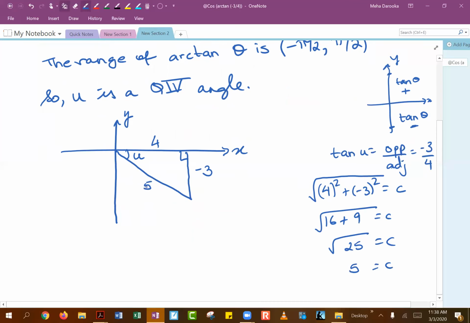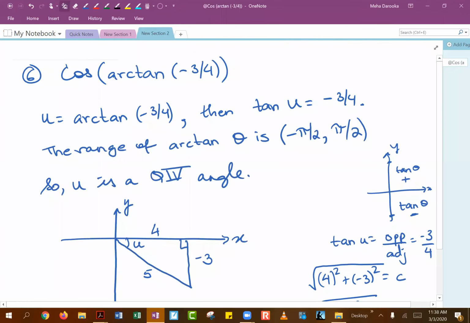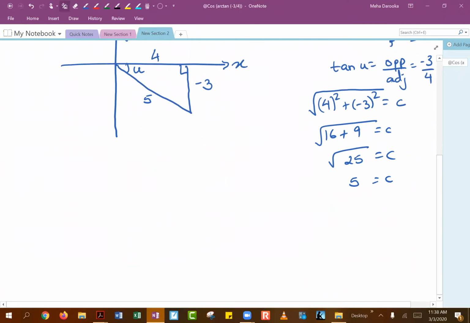Very good. So you get your calculation of 5. And then all that's left to do is go back to the original function that you started out with, which was cosine of arctangent of -3/4. We replaced that arctangent with u. And that's, of course, adjacent over hypotenuse. So that comes out to be